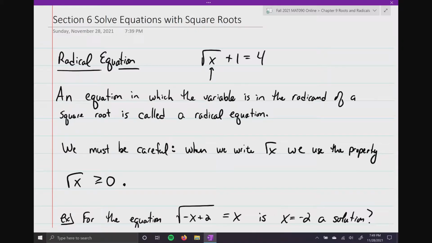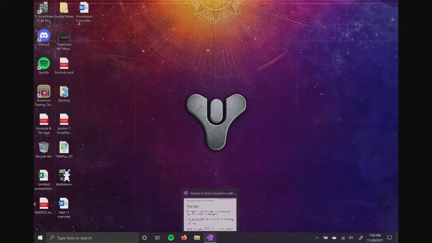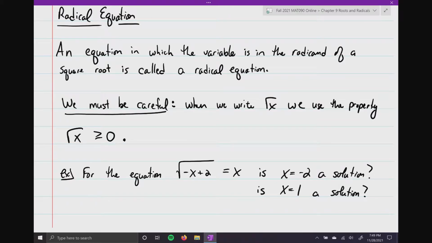Now, one thing we do have to be careful with. When we write the square root of x and we're solving for it, we are using the property that the square root of x is greater than or equal to 0. Okay, we're just assuming that because we know